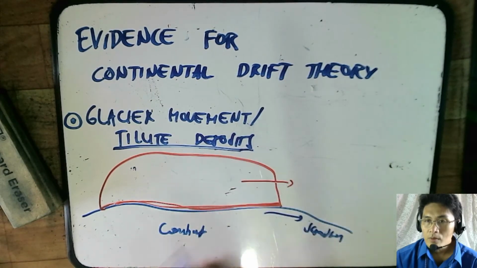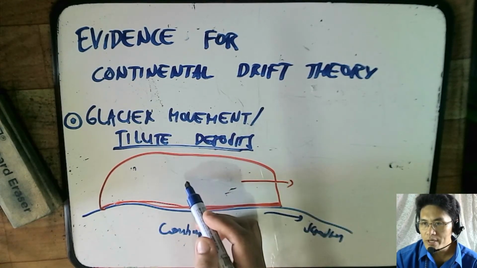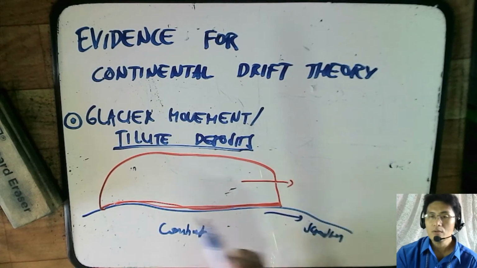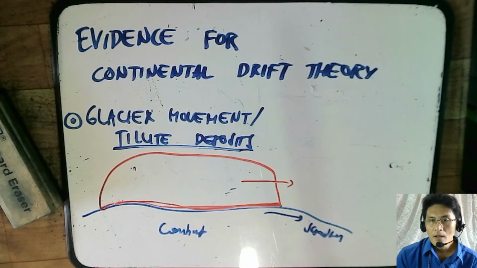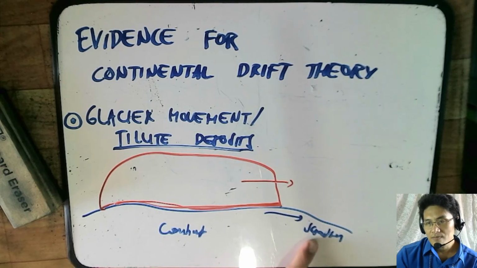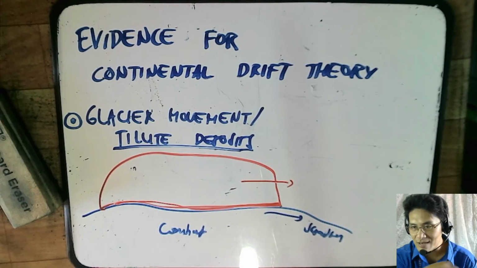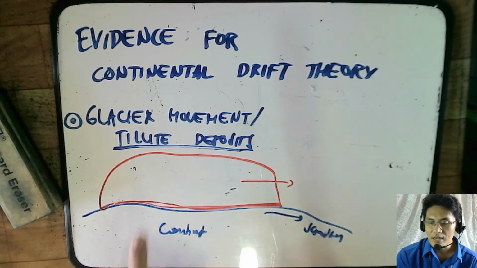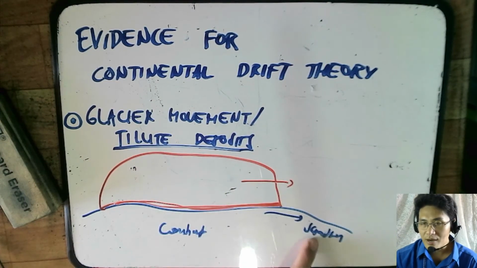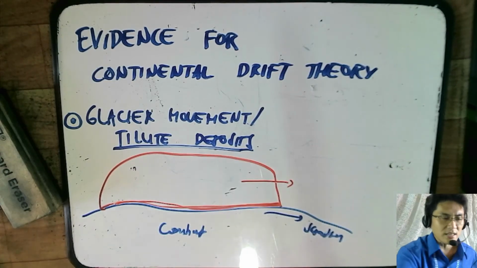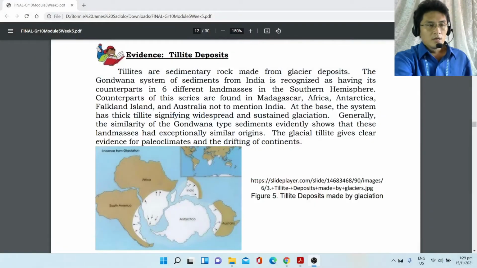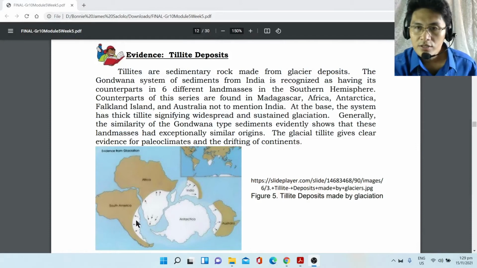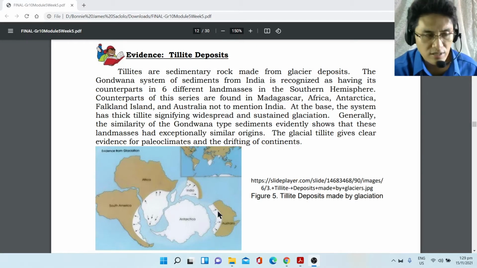And even when the glacier would now completely melt, guess what? The scratches are there because it's a scratch deep in the rock, and the sedimentary deposits in the scratches are still there. So we can still see them even up to now. So right now, if you look at the structure in South America, Africa, India, Antarctica, and Australia, you can find these scratches created by the ancient glaciers, and tillite deposits